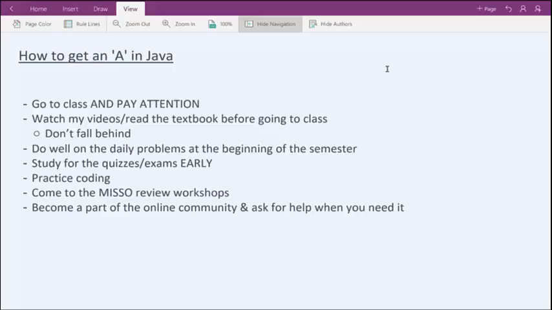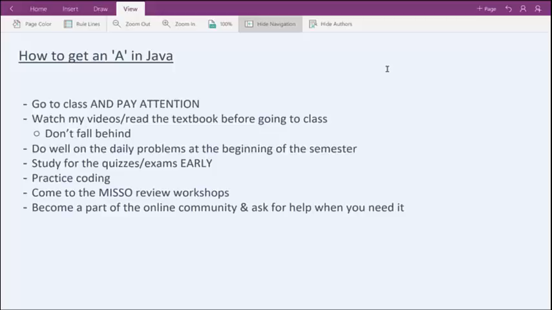Also, you're going to want to do well on the daily problems at the beginning of the semester. So a little tip is that the problems are pretty easy at the beginning of the semester. The coding is a lot simpler at the beginning of the semester. So if you're ever going to slack off, make it towards the end. Definitely not in the beginning, because that's when you can get the easy A's, the easy grades on your daily problems. So make sure that you're keeping up with the stuff at the beginning of the semester. Come prepared in the beginning of the semester so that you can get really good grades on the daily problems, so that when the end of the semester comes around, you don't really have to catch up and make up for the loss in the beginning of the semester.